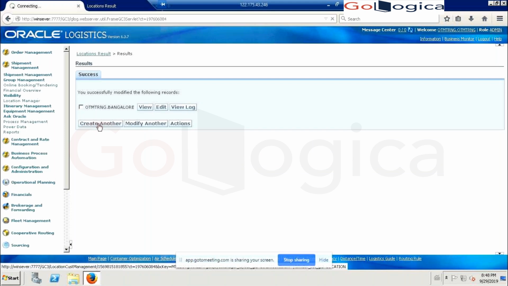We'll create another location called Chennai the same way.